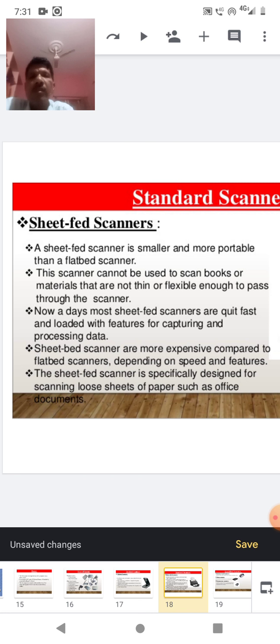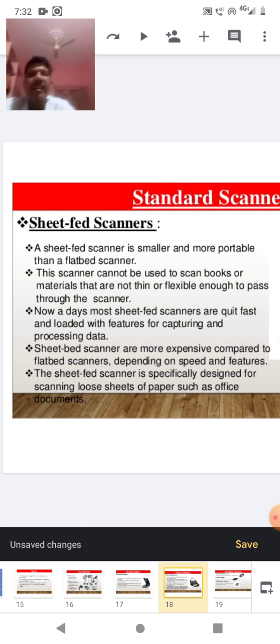Instead, the material must be flexible enough to pass through the scanner, that means very thin and flexible papers can be scanned. Thick papers and thick photographs we are unable to scan with the sheet fed, but compared with the flatbed scanner, this is faster. Nowadays most sheet fed scanners are quick, fast and loaded with features for capturing and processing data.